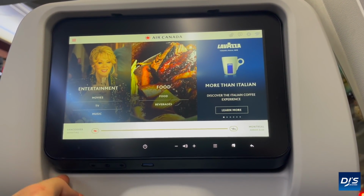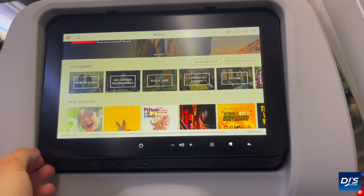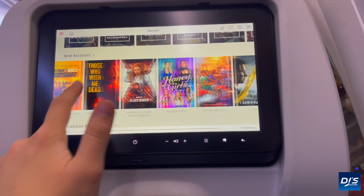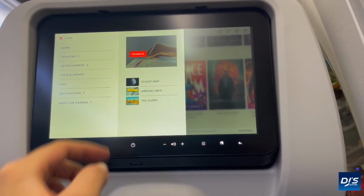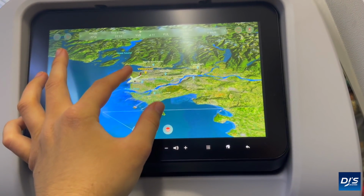This is really how everything is with Air Canada, coming at an additional cost, which for an airline that certainly isn't cheap, in my opinion, certainly shocked me. The best feature though on their IFE is yet to come, and I think you're going to like it. It's their 3D flight tracker, giving you some of the most in-depth real-time tracking ability, and I certainly loved using